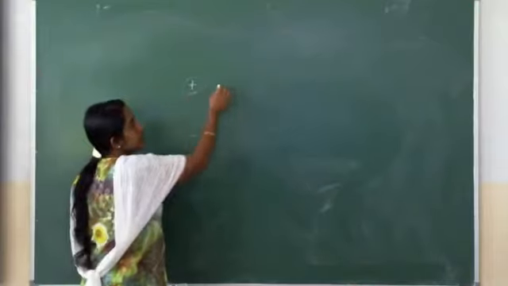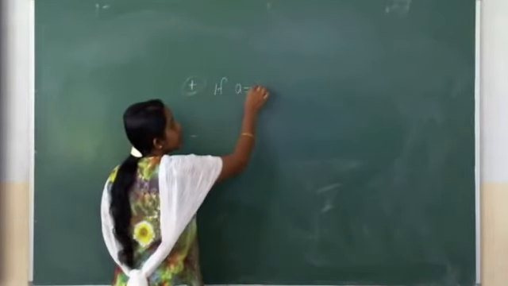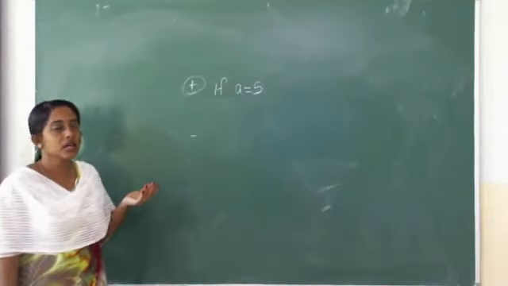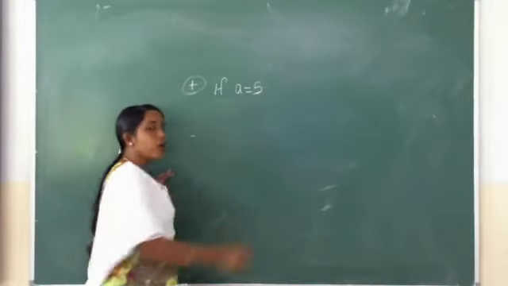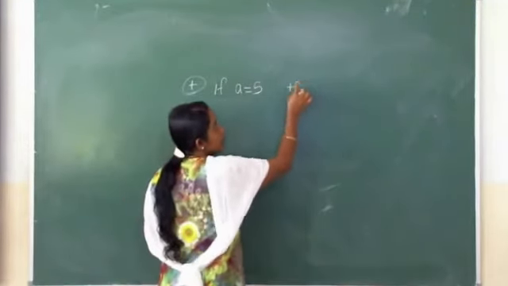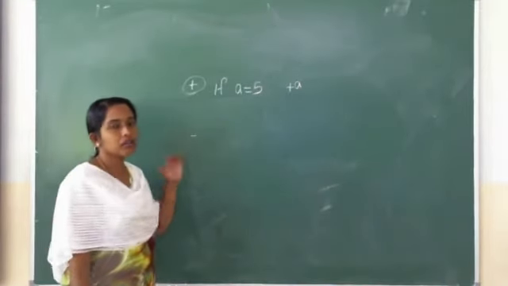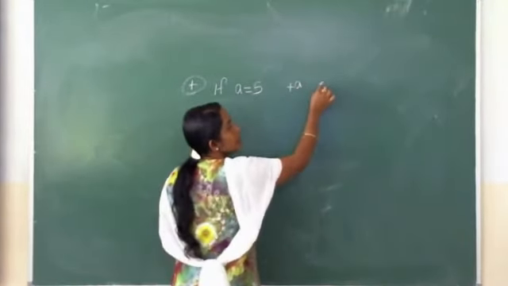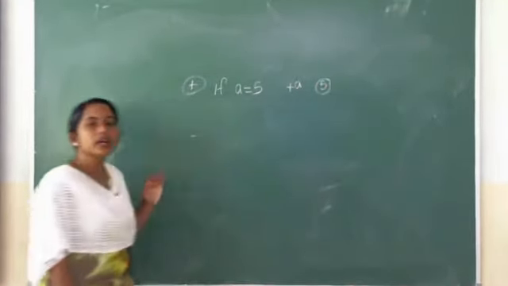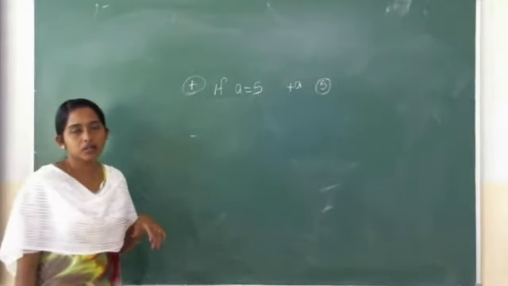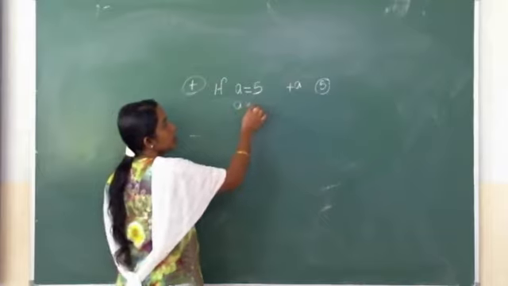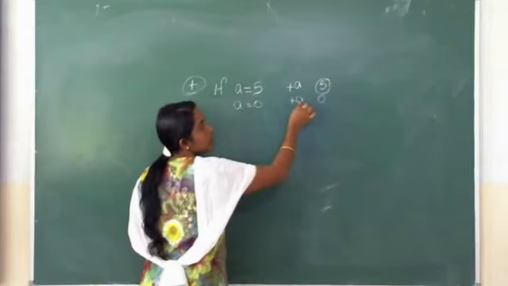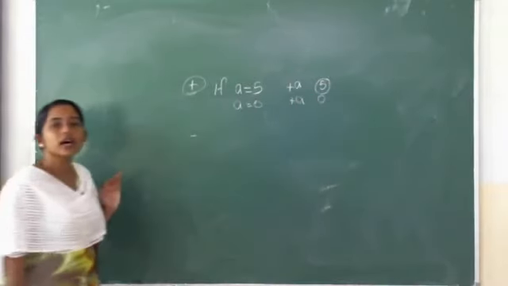Unary plus means, if we write a equal to 5, normally we write a equal to 5 for storing the value, isn't it? Instead of that, while doing an operation you can simply specify plus a, which means a is 5 itself. The value 5 will be taken for that calculation. And if a equal to 0, and you write plus a in an operation, it will take 0 in that position.